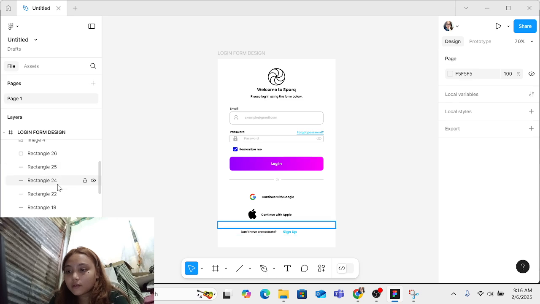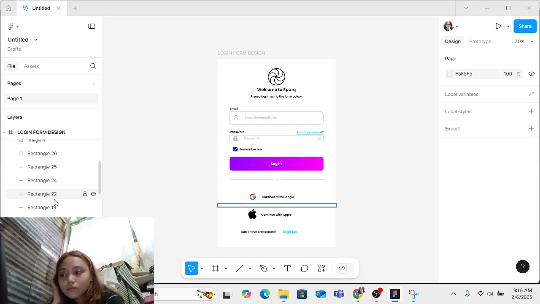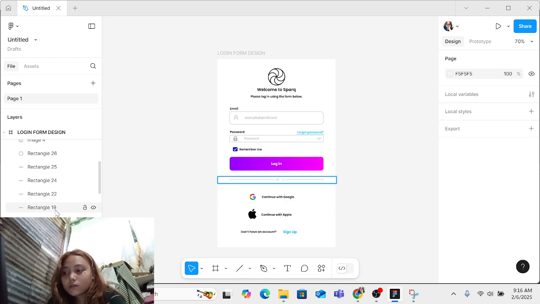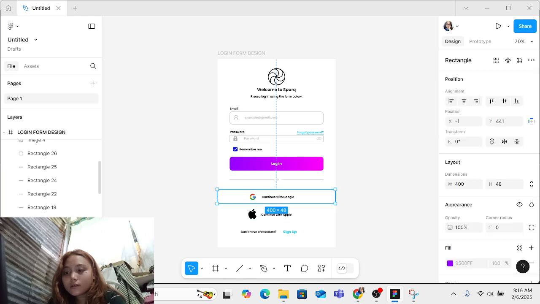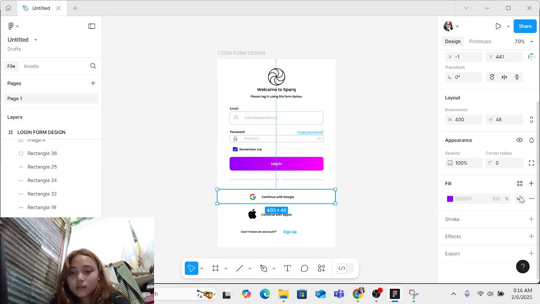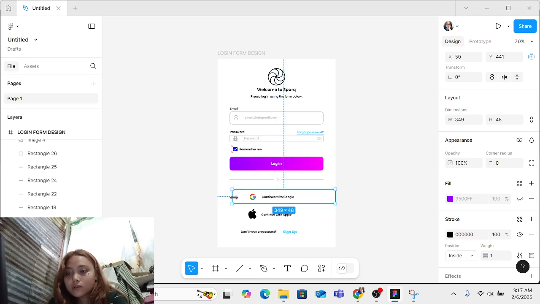Let's find the one we're looking for. Okay, this one. It's not. Let's turn that on and let's add the stroke. Let's change the sizes.